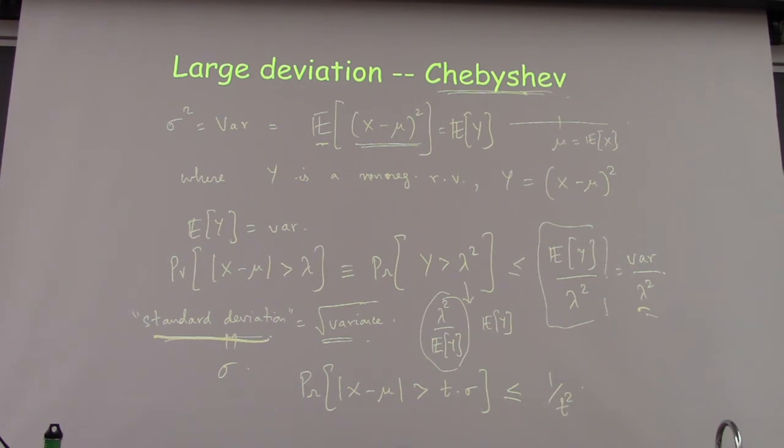So, how many of you have heard this word 6 sigma or 3 sigma, something like that? So usually when you measure the quality of something, you say that you don't vary too much, your deviation should not be more than 6 times sigma. And what this says is that for any random variable, the probability that it's more than 6 times sigma is at most 1 over 36. So it implies something like that. Usually you expect it to be much smaller, so we'll see something like that. But this is generally true for any random variable.